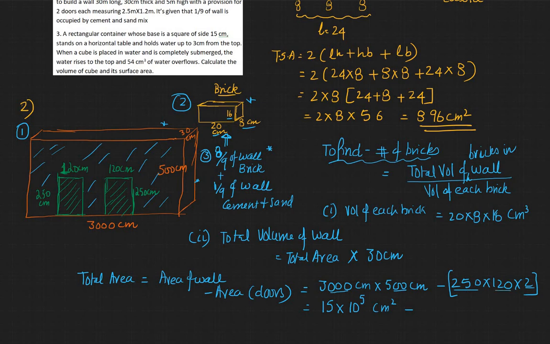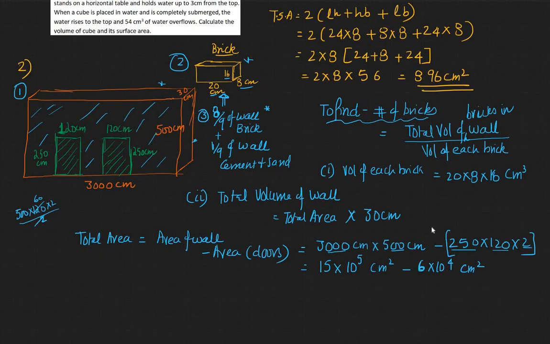500 into 120 would be, the easiest way to do 500 into 120 would be multiply and divide by 2. So you can cancel this and say 60. So this is 2 into 500, that's 1000, so it's 60,000. So you can say 6 into 10 power 4 centimeter square. This amounts to 150 minus 6, which is 144